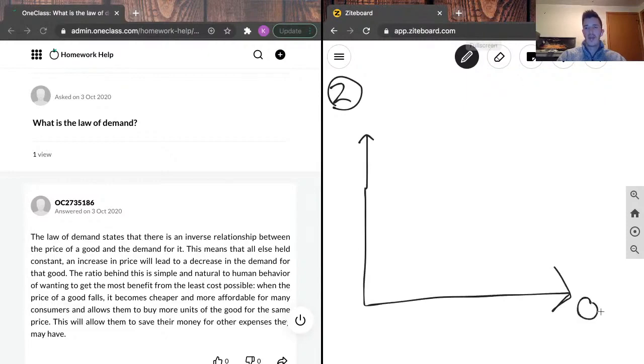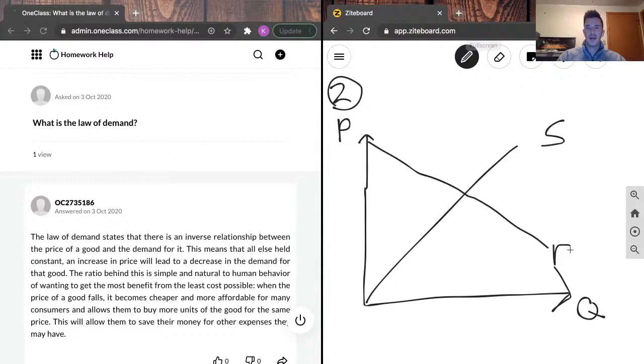We will draw our typical supply and demand graph. So we've got Q for quantity on our x-axis and P for price on our y-axis. We've got our supply curve sloping upwards and our demand curve sloping downwards. And the point where they cross is called the equilibrium, or the market clearing price. This is where the quantity supplied equals the quantity demanded. And here we get the equilibrium quantity on the x-axis, denoted Q star, and equilibrium price on the y-axis, denoted